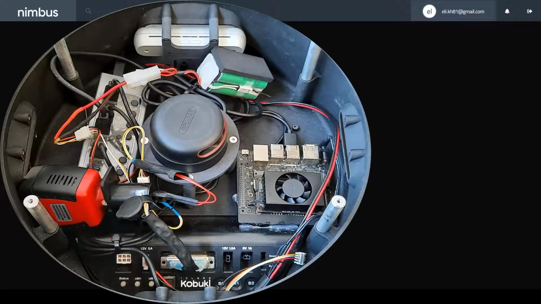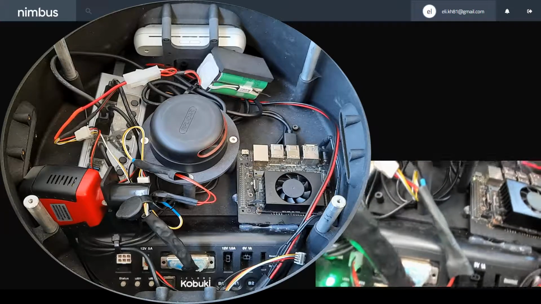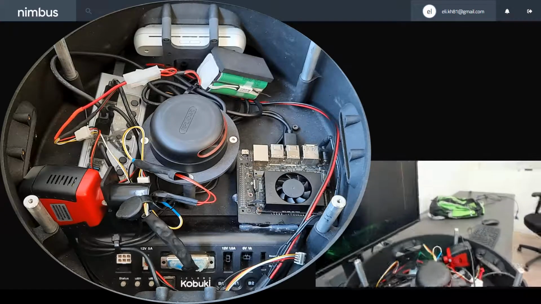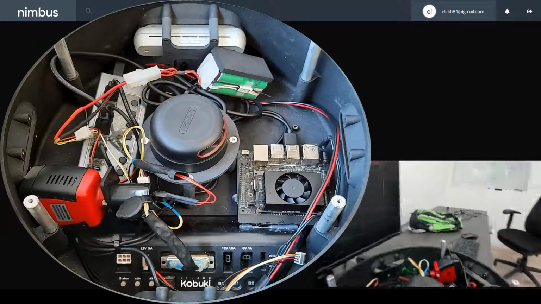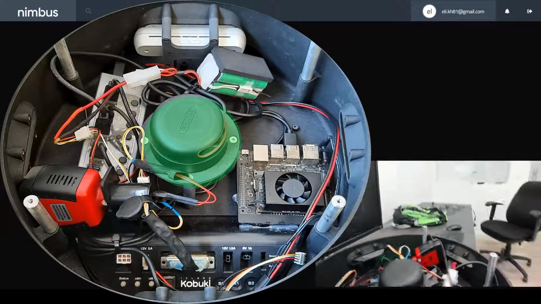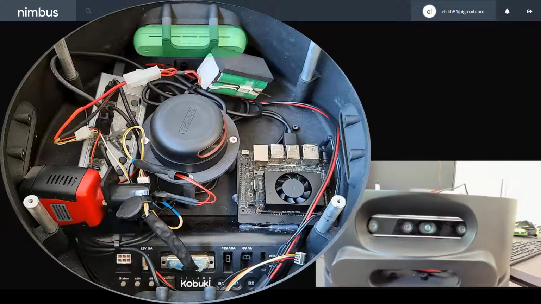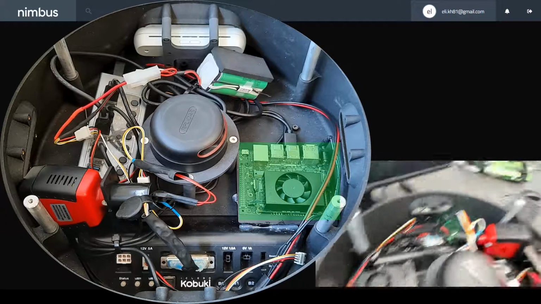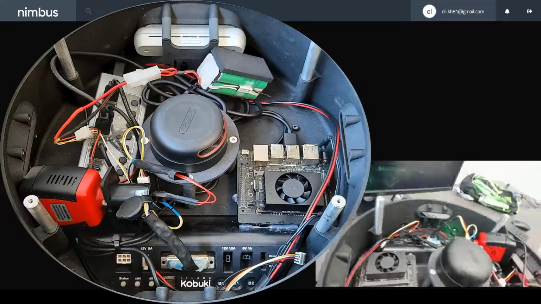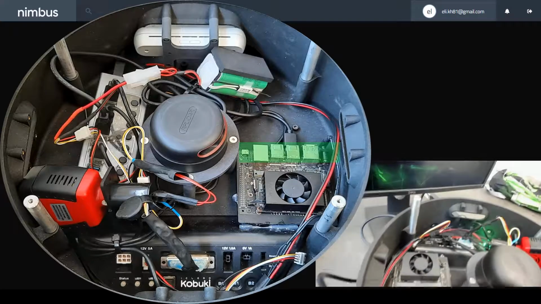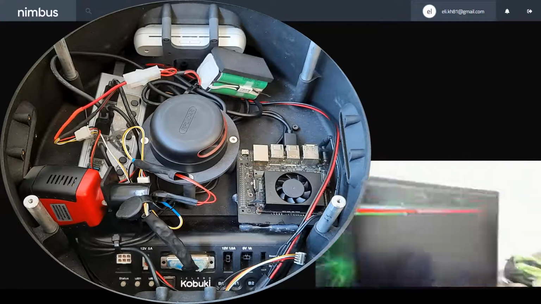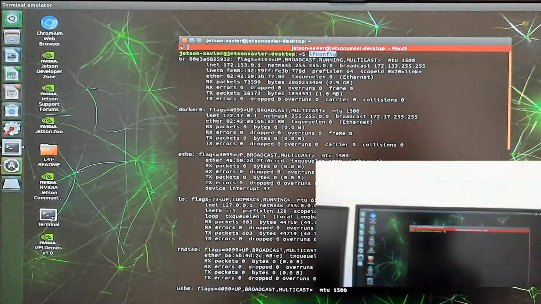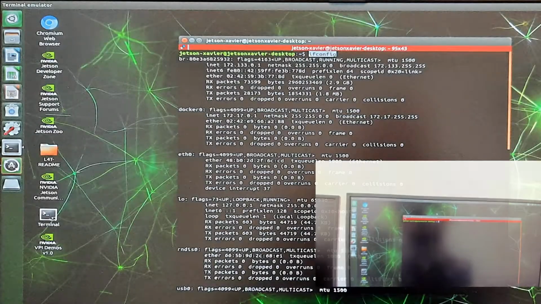Okay, so this is the Kobuki platform. It is a well-known platform, and we've added a sensor kit on top of it. We have here the lidar, we have here the webcam, here you can see the personal computer, and so on. We've connected a mouse, a keyboard, and a screen, and here it's a Linux system installed on the personal